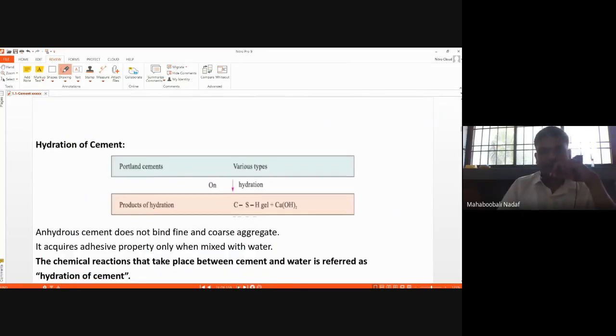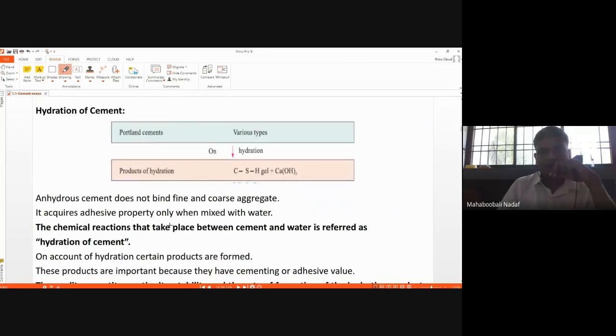Now, here see a very important terminology called hydration. The name hydration means you are adding water. To what are you adding water? To the cement. So adding water to the cement, the compounds will react. Which compounds? Bogue's compounds will react with water and they will form what? Gel. So that is this diagram.